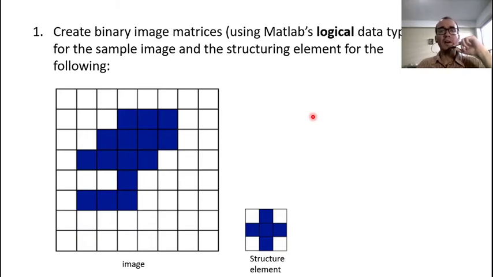In this slide, we are going to solve the following exercise. We are going to create binary image matrices using Matlab's logical data type, for the sample image we have here and the structure element we have here. This is a very simple operation we are going to perform in Matlab, in which sometimes we need to create this type of images before applying some morphological operation. So we are just going to implement these two images in Matlab, which is a very simple